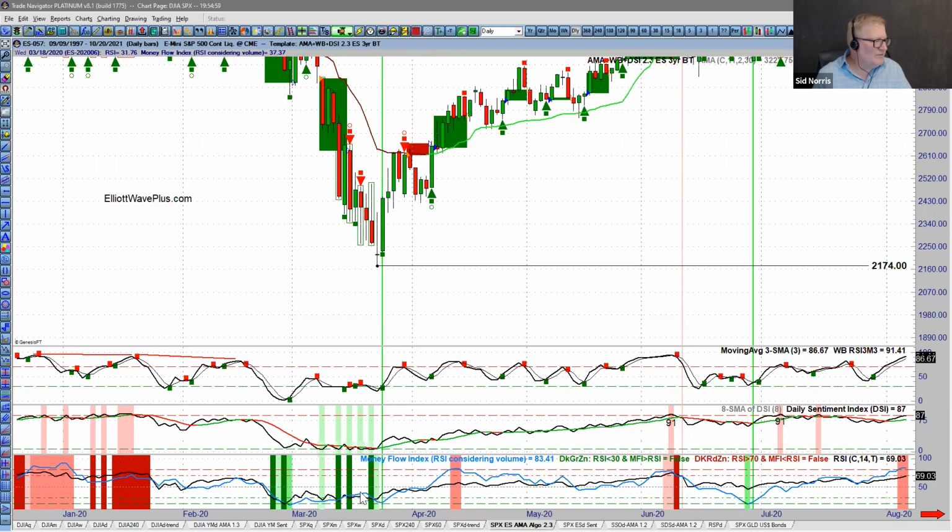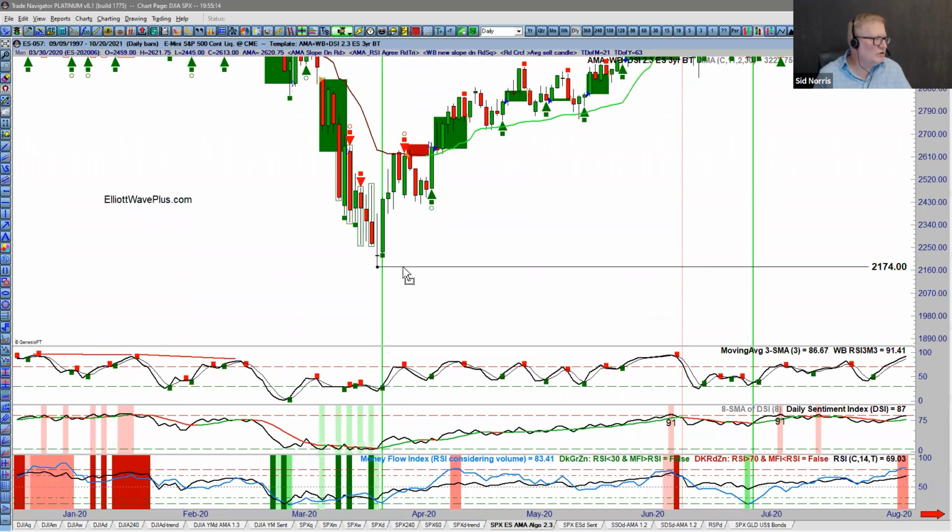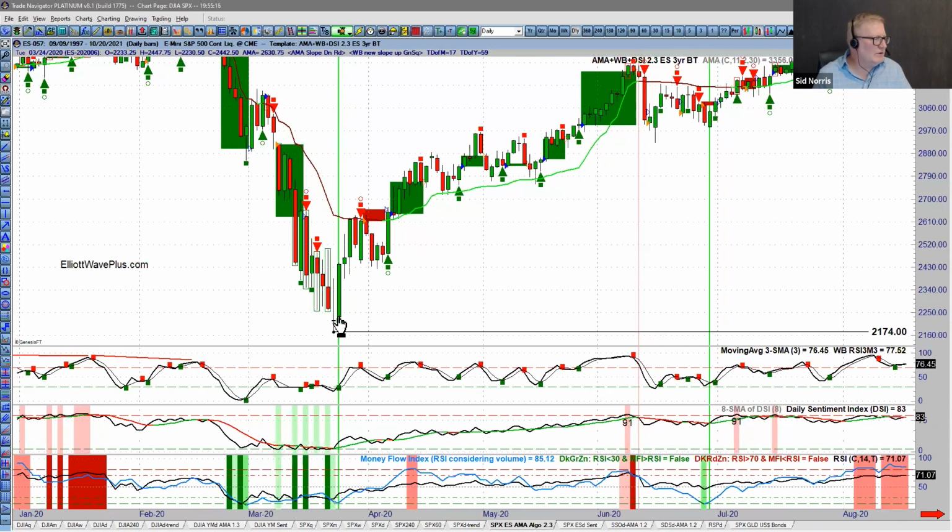the important thing here is the money flow was, at least at this juncture, not moving to new lows below the RSI, and that created this dark green stripe. Then they both moved up out of oversold territory. We had a Walter Bressert, and that was one of the better signals we've had in recent years. That was just one day after the low